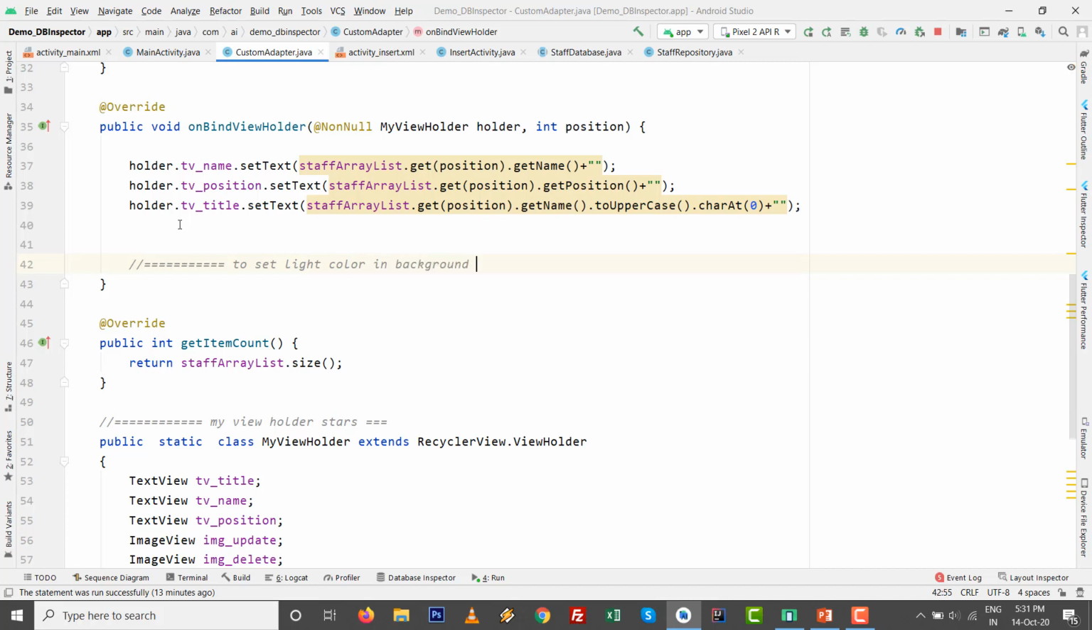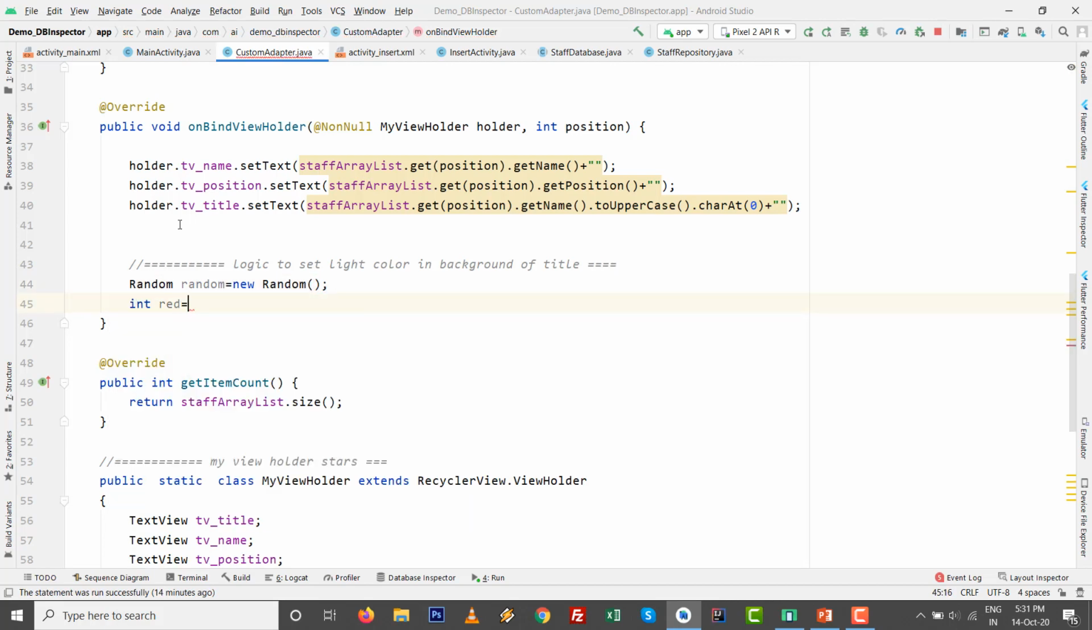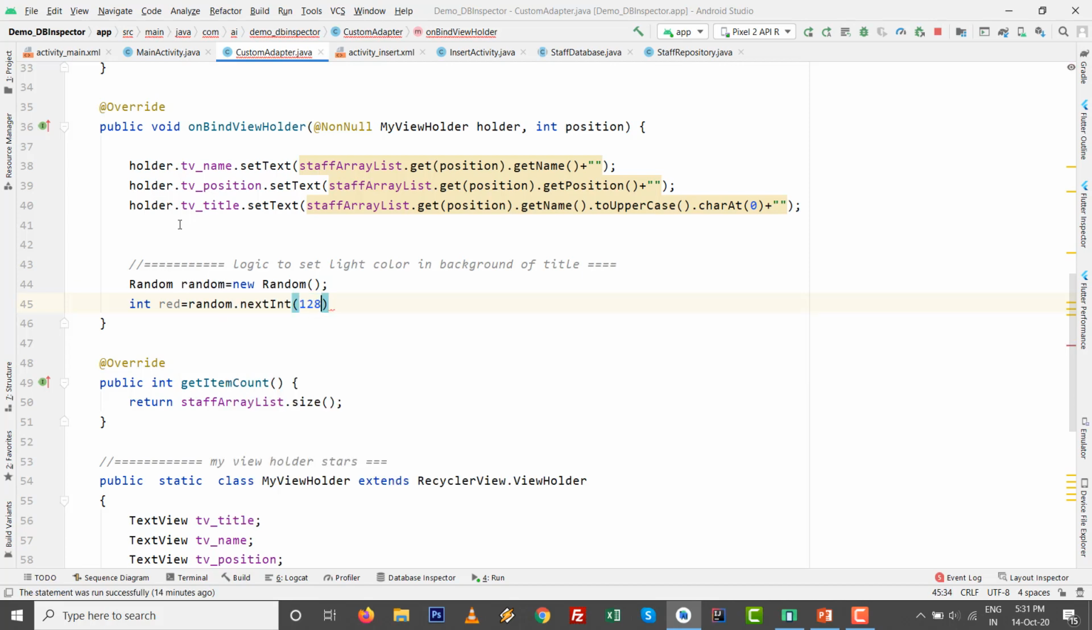Random is one Java class which generates values. I want to generate these values for red, green and blue, RGB. So the total value is 255. So Random random equals new Random, and I love this Random class. Integer red equals random.nextInt. If you want to generate lighter values, which are bright, or cool colors you can say, then 128 plus 127 is the logic to generate